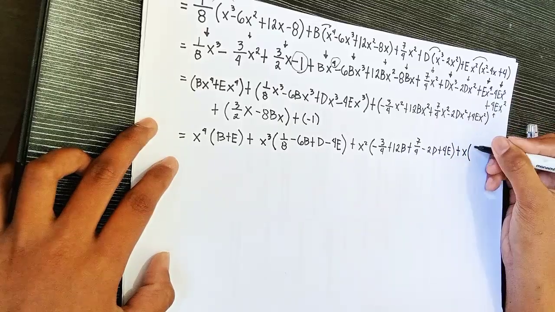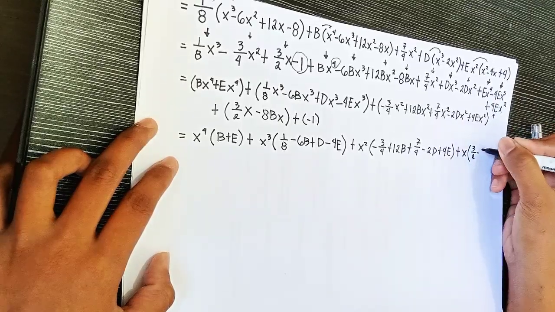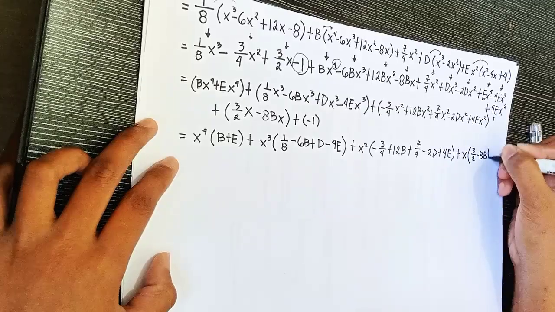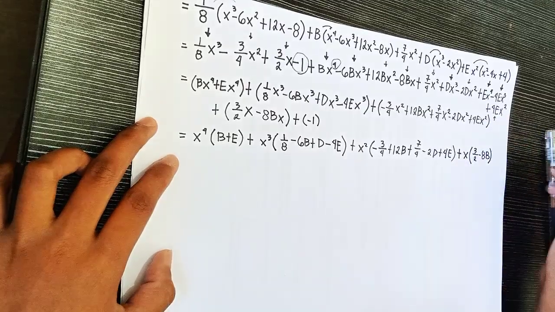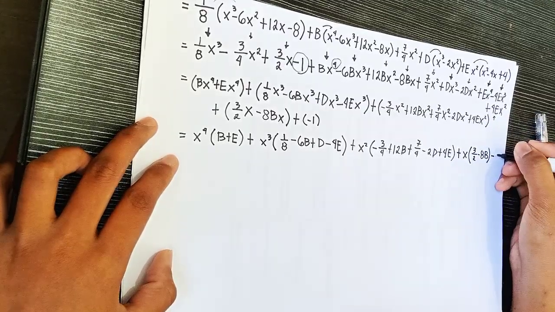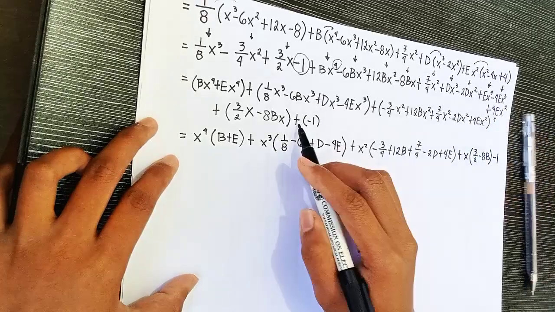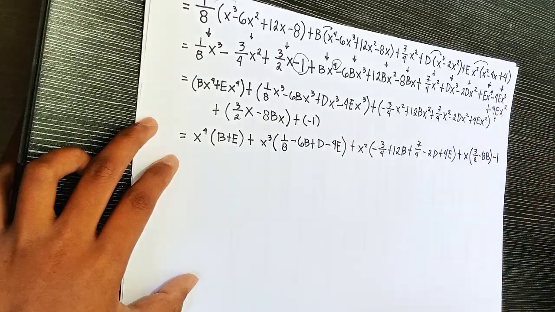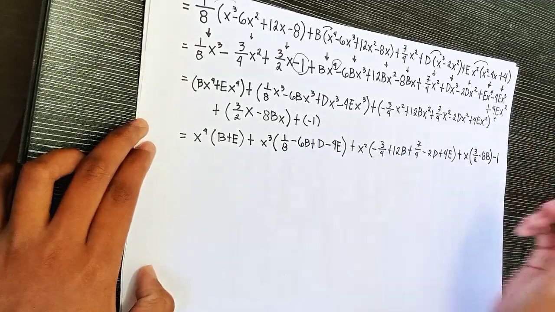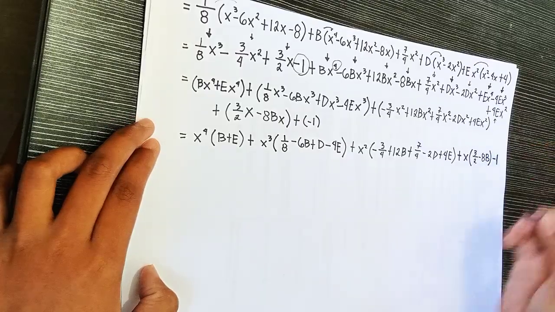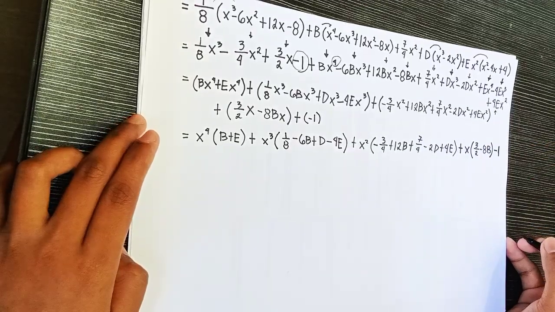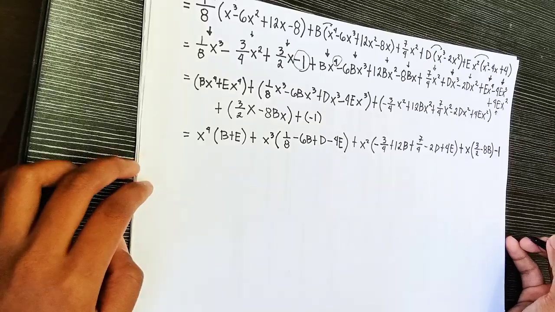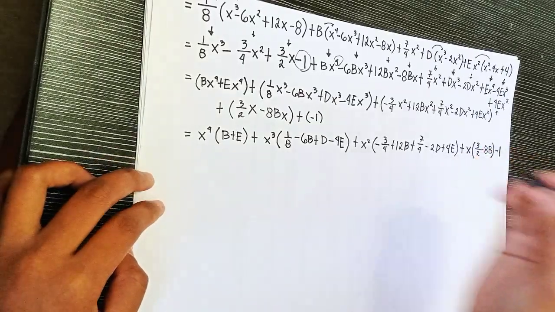Then, ang matitira na lang dyan is you have 3/2 minus 8b. Minus 1. Since positive times negative is, you have negative. And yung constant natin na 1. Yan. So, ang next na gagawin natin is we have to equate